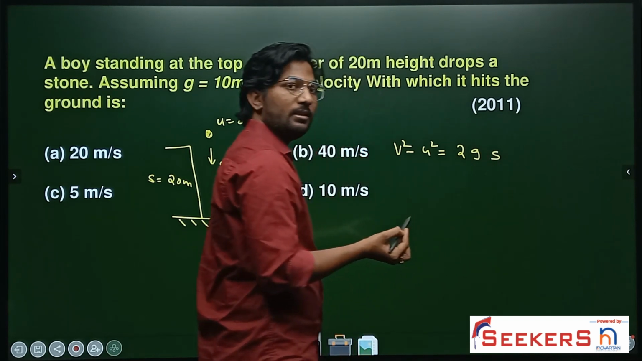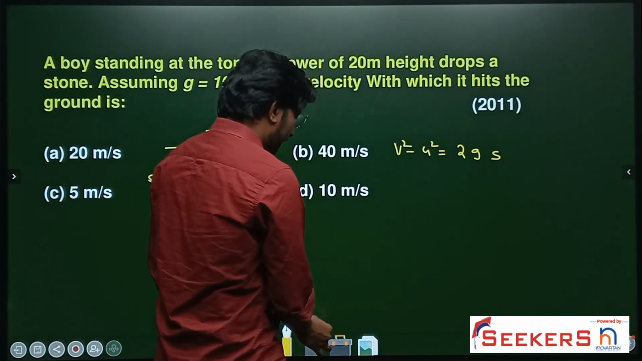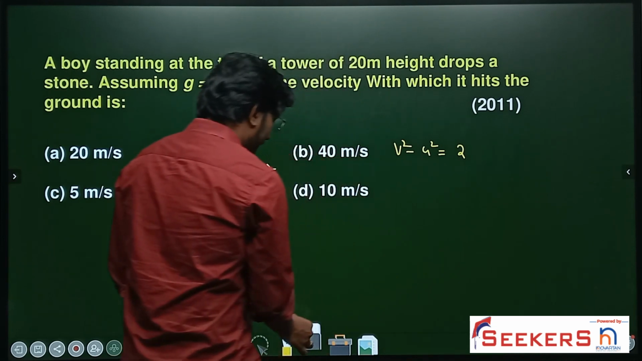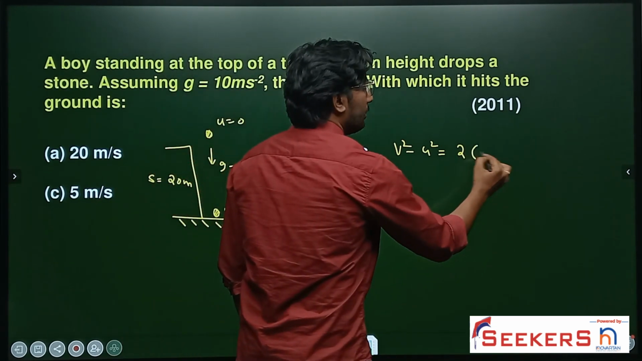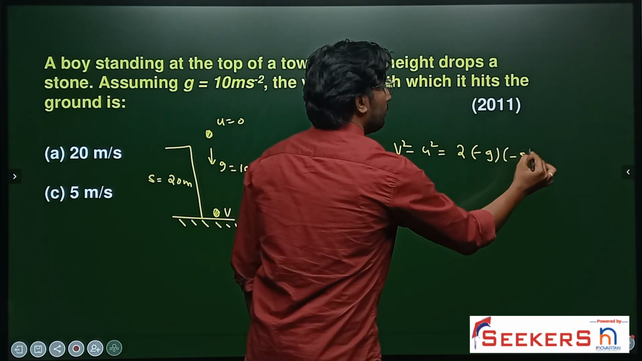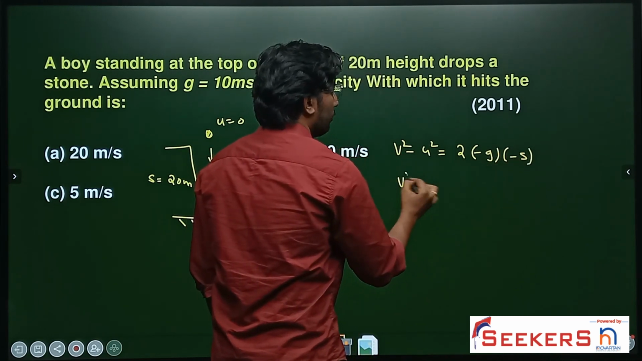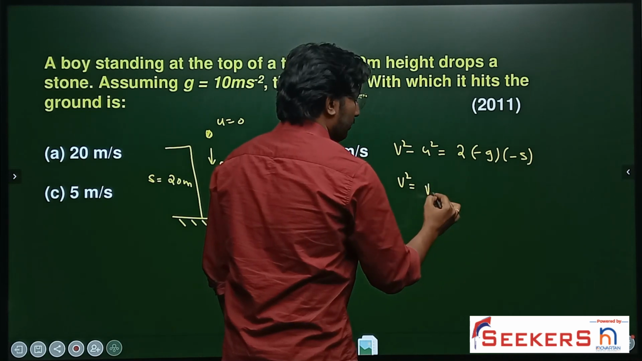Just make sure you write the sign convention also. If you have to write the sign convention properly, then better you take everything going downwards as negative. That means 2 into minus g into minus s. So v square is what you need. Direct equation, if you can see, v will be equal to